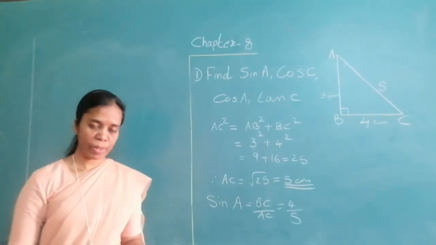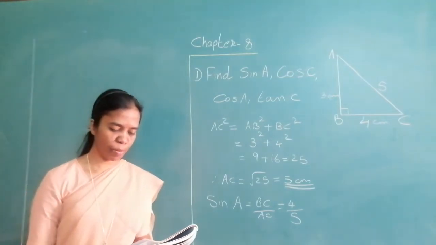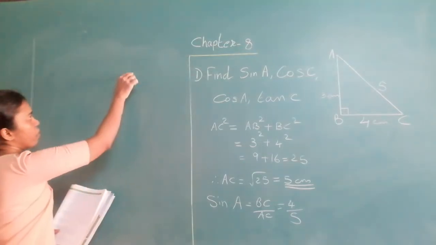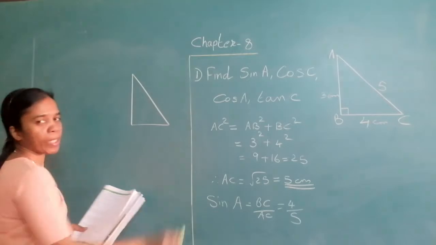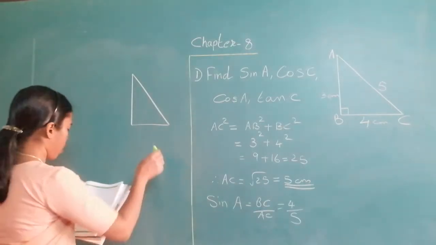Take problem set 8. Question number 2. Again you have a right angle triangle. Please draw the rough diagram at the side. Okay, you have it. So please draw it. T